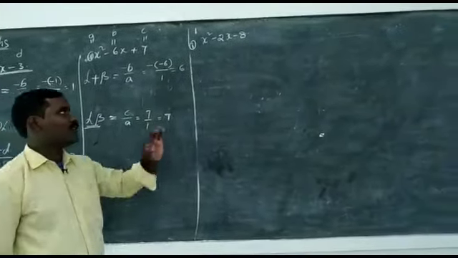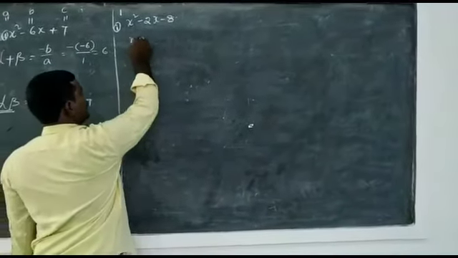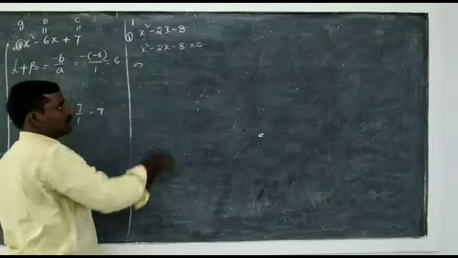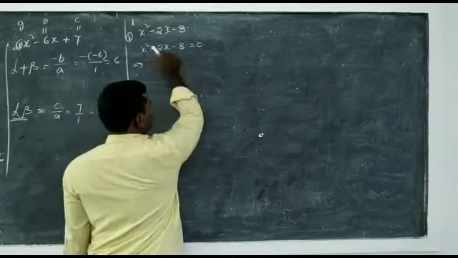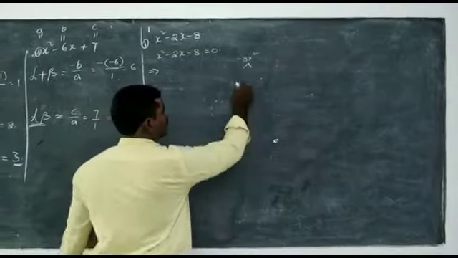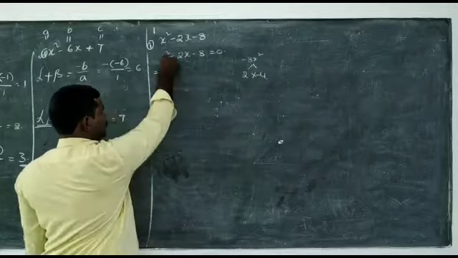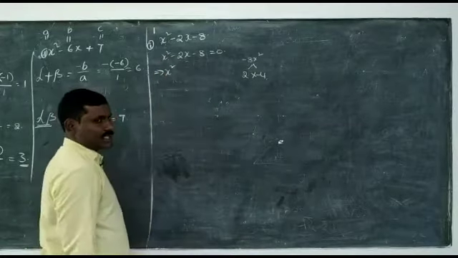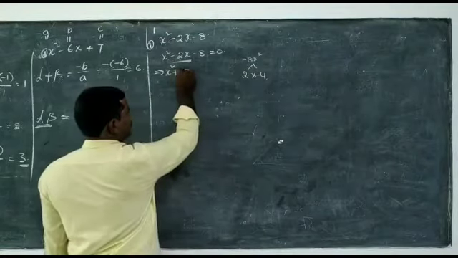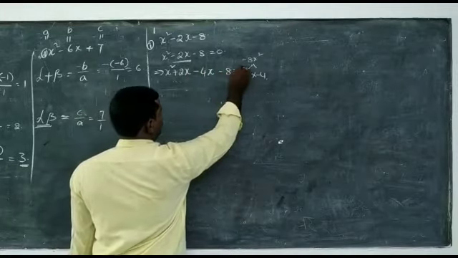Find the zeros of the following quadratic polynomial. First find the zeros. How to find? The given polynomial is equal to 0. Now product of extremes, minus 8 into x square, minus 8x square will split into factors. 2 4s are 8. Now I am taking 2 into minus 4. Then starting with x square as it is, minus 2x replaced by plus 2x minus 4x, minus 8 equal to 0.